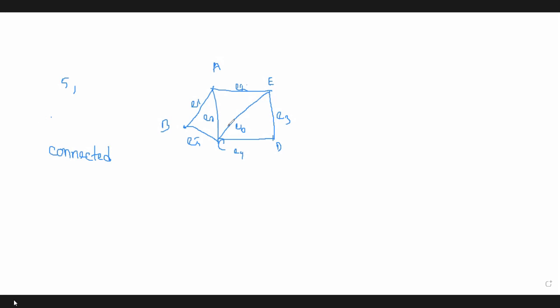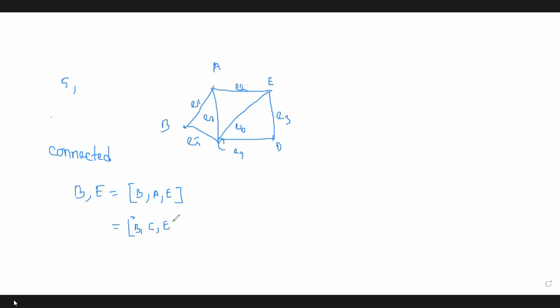So in a connected graph, there will be a simple path between any two nodes. So now what is a simple path? We know what is path length or what is path sequence, but what is a simple path? Look at this. In this graph, suppose we want to find out the path sequence of B and E. How can we find out the path sequence of B and E? The path length is 2 and one path sequence is B, A, E, and there is another path sequence of similar length 2, that is B, C, E.